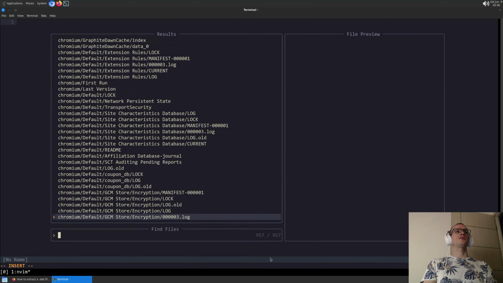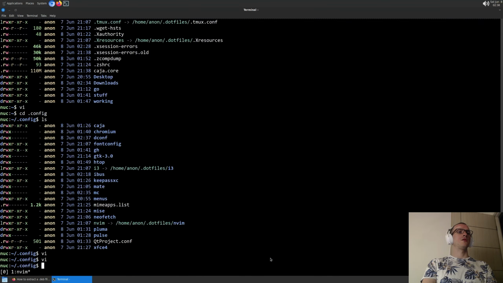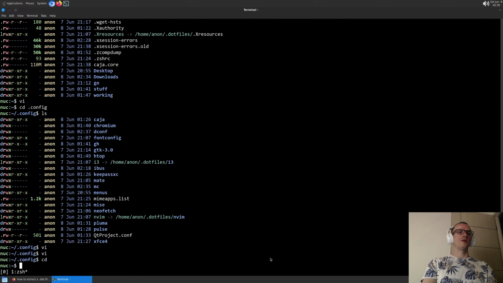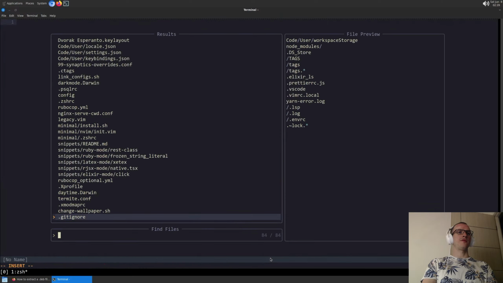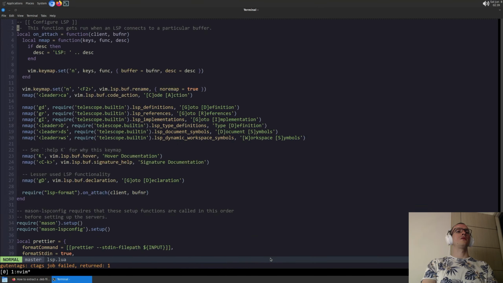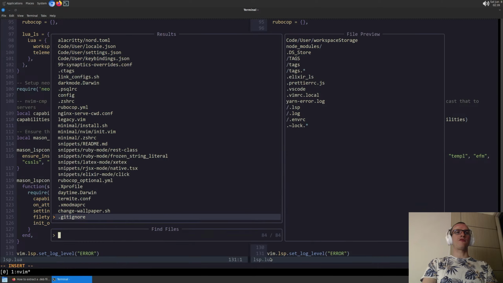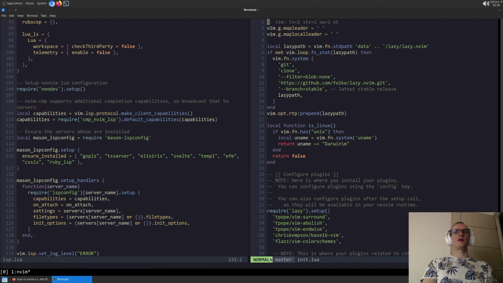And why is this? Does this look like this? Okay. CDF. LSP. And here is the list of the LSPs that we are trying to install. So I think in init.lua